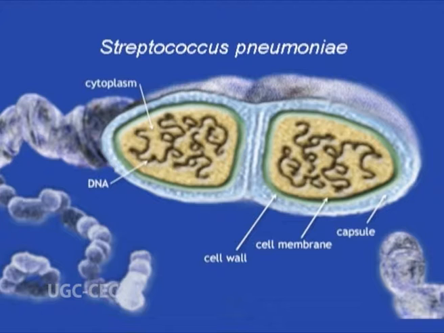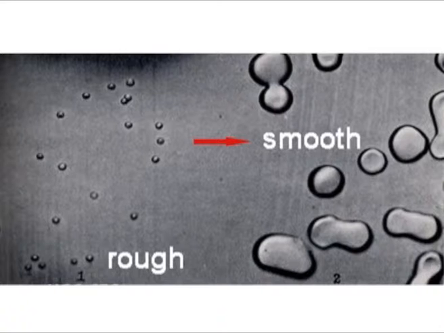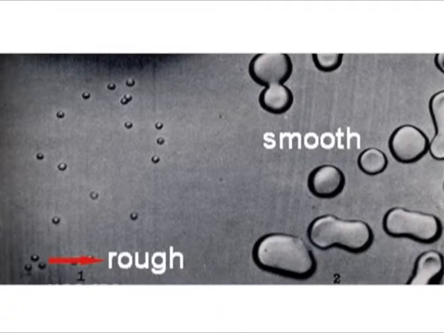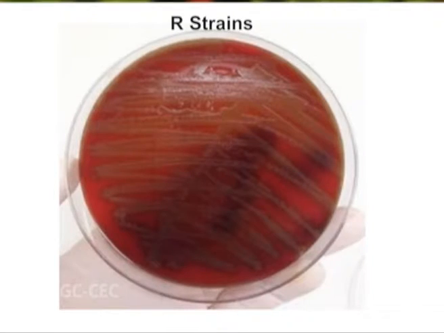When the disease-causing strain, that is the virulent strain of S. pneumoniae, is grown on the nutrient agar medium, it produces smooth glistening colonies observed due to its enveloping capsule. Those are referred to as S strains. However, some strains of S. pneumoniae undergo mutation and thus lack the enzyme required for capsule synthesis. When such strains are grown on the nutrient agar medium, they produce rough colonies and hence are referred to as R strains. These are avirulent strains, as in the absence of capsule, they are inactivated by the host's immune system.